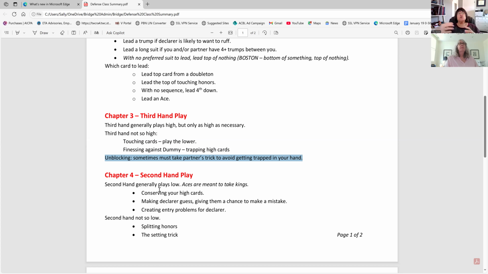Because you want to use your ace to take something at some point, and maybe your partner has the king. But anyway, you play low generally, helps you conserve your high cards. It makes declarer guess, which gives them a chance to make a mistake. For instance, if you have the king jack and you can see the ace queen on the board now, you are still going to play low